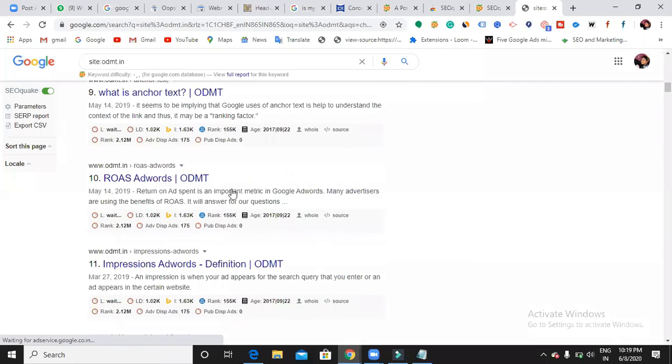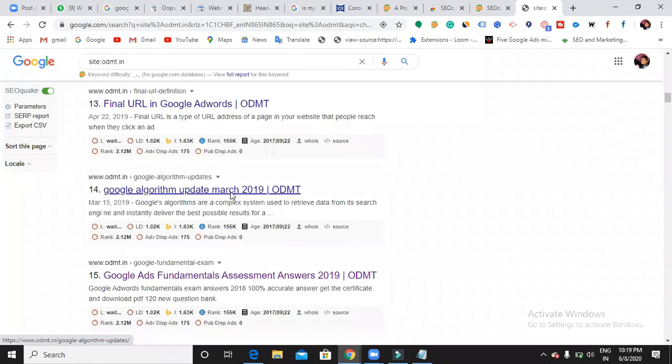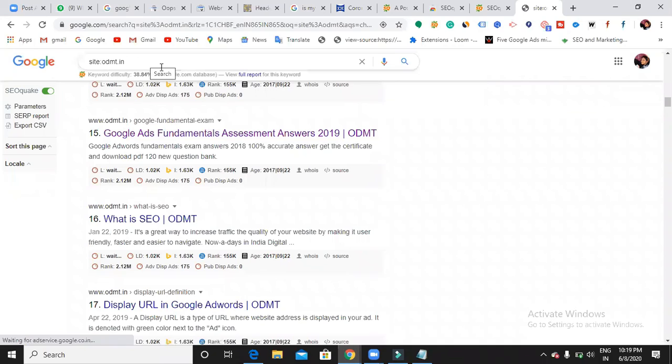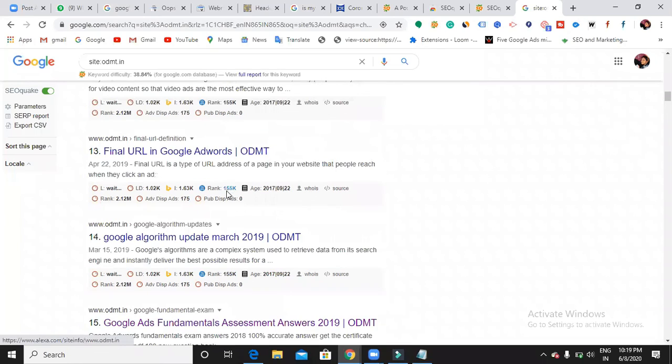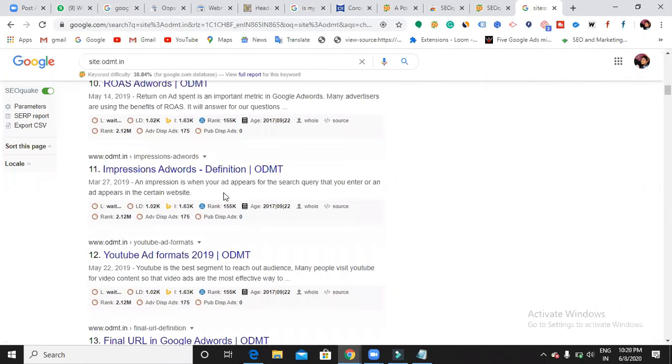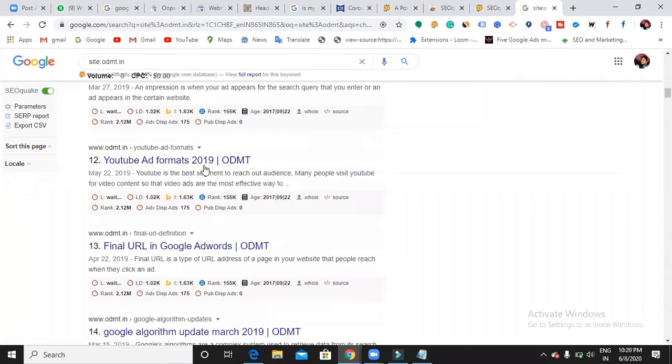Tell me. This site colon your website URL shows you how many pages have been crawled and indexed in your website. If you want to know whether a particular page is indexed or not, you can just search like this, and if it shows you in a SERP, then it is indexed.